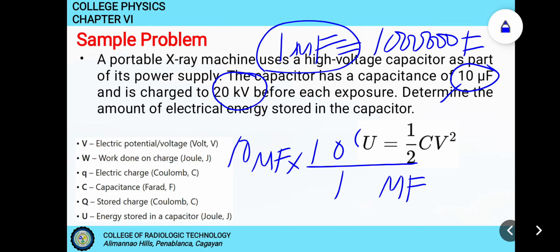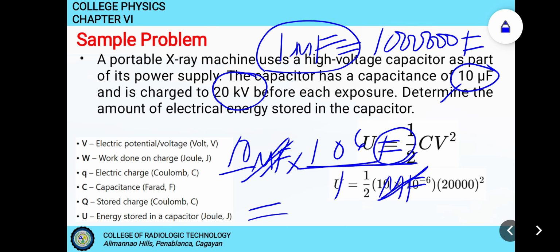It's 1 million or 10 raised to 6 farad. Canceling microfarad, that will give us a farad unit. Okay, multiplying 10 microfarad, 10 now to 1 million, that will give us